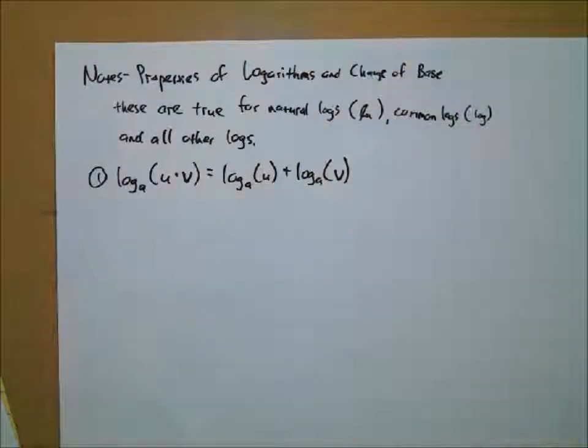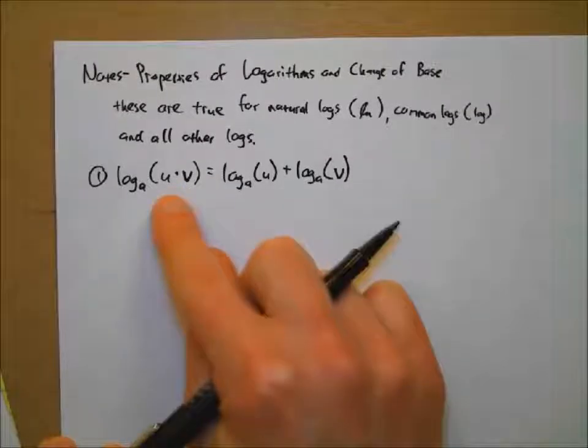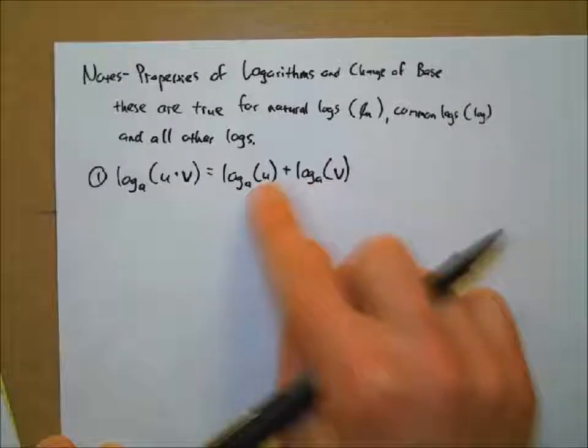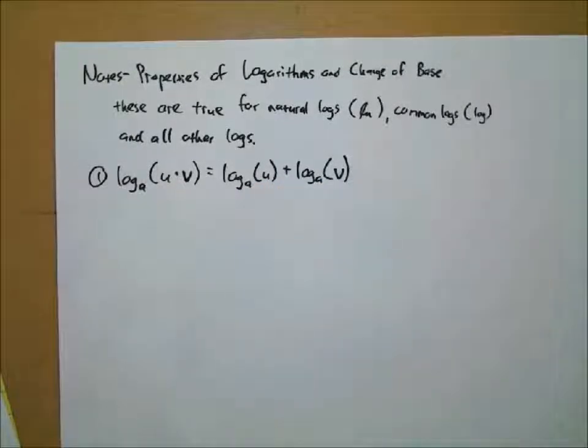This might seem like a little bit of a weird property. Taking multiplication inside your logarithm and then breaking up this product into two separate logarithms with addition now separating them. This might seem a little bit funky, but keep in mind here,